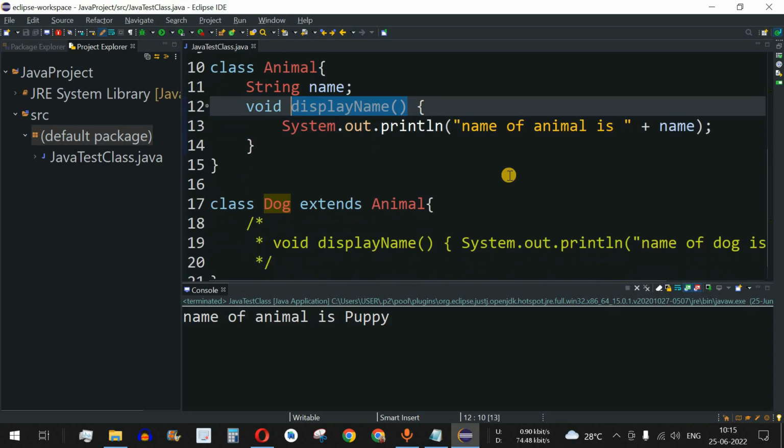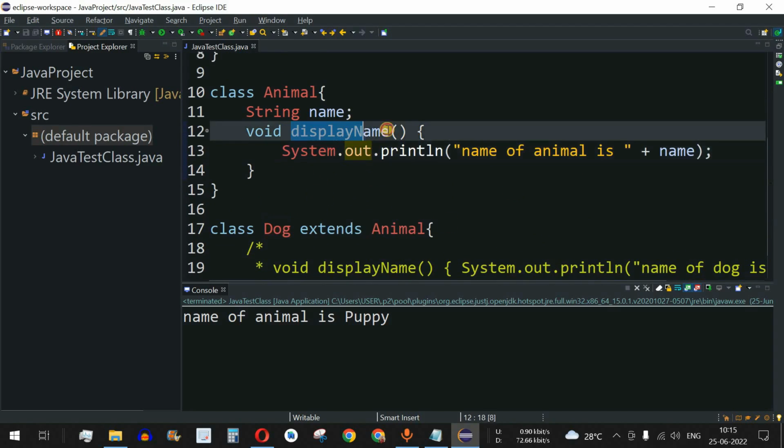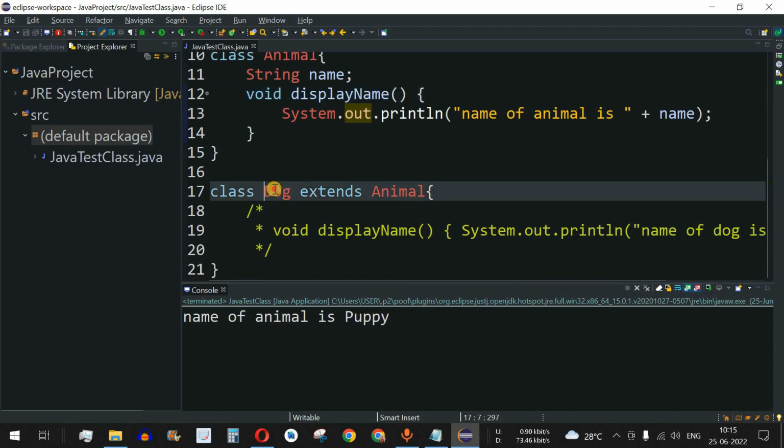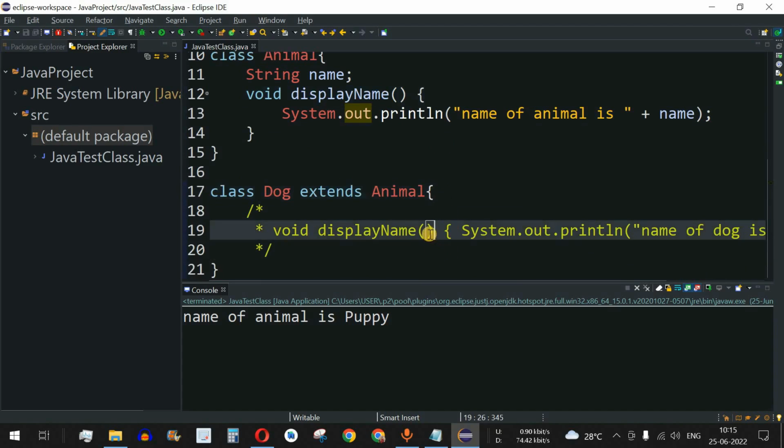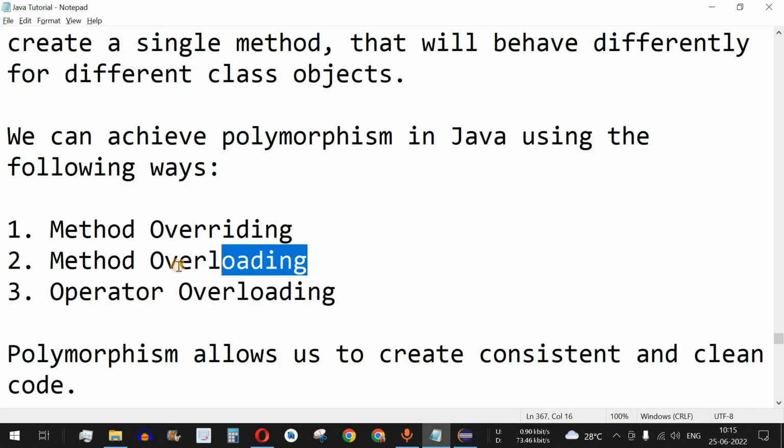This is not a part of polymorphism, since this display name was automatically inherited into the dog class with the help of extends animal. Polymorphism can only be achieved when we have multiple methods with the same name and those are implemented in different ways. Now guys, let us move to another example. There is something called